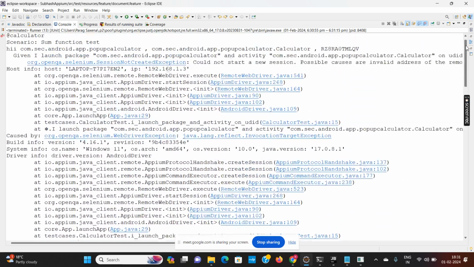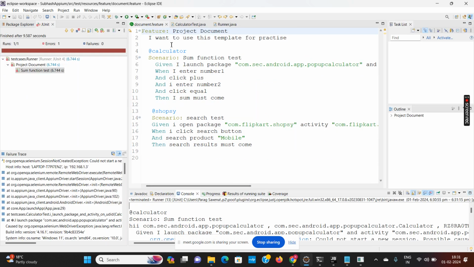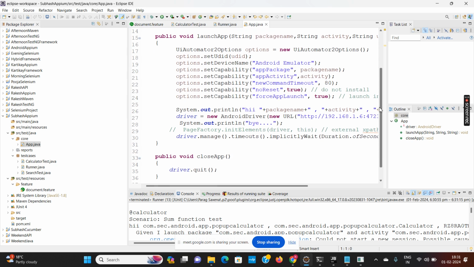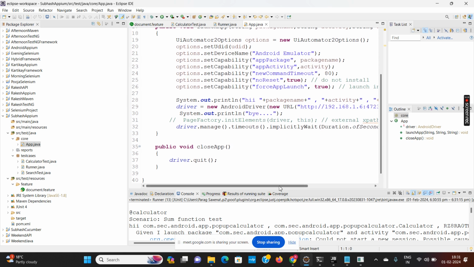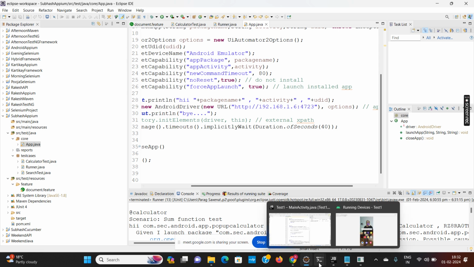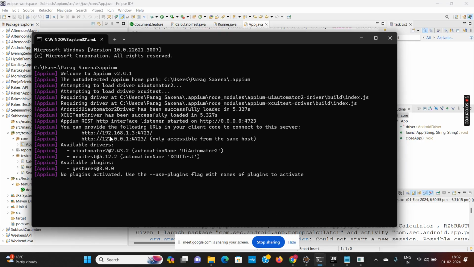Okay, it has not connected to my Appium server because, just a second, why it has not connected? Because I think we have used the IP address, this one, 192.168.1.6. It was the last class IP address. Today it is changed to 1.3.